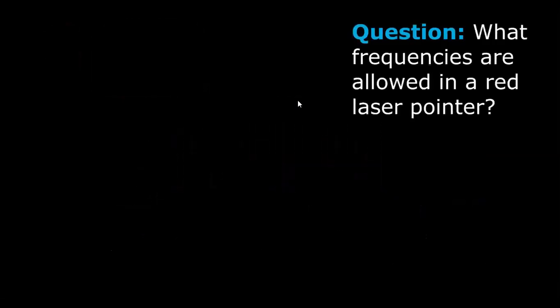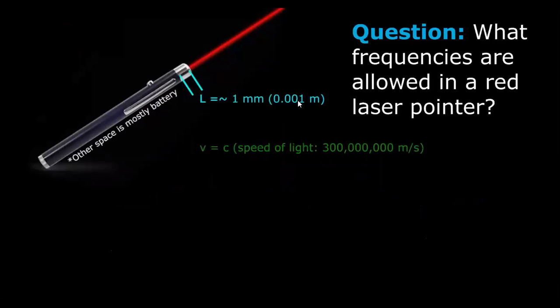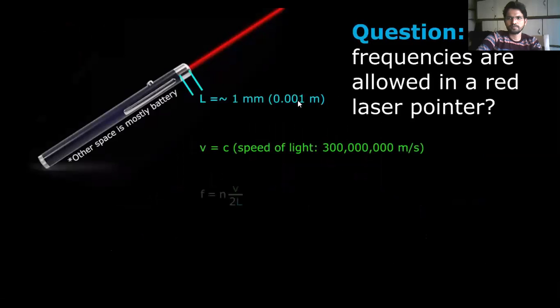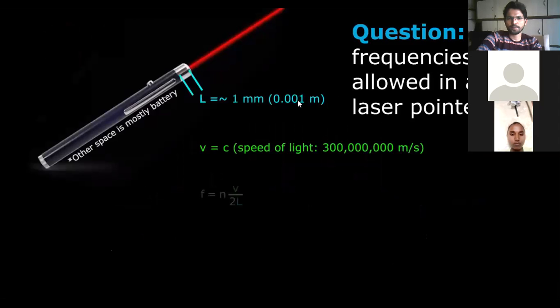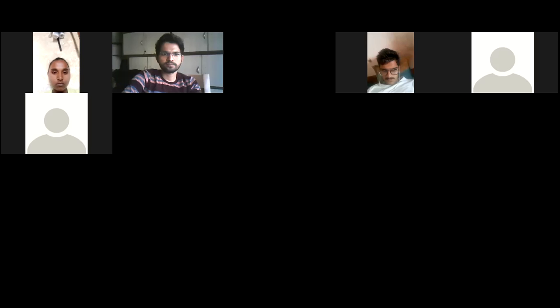Question: what frequencies are allowed to exist in a red laser pointer's cavity? Answer: a cheap red laser pointer has a cavity length of about 1 millimeter, and the speed of light is c, 300 million meters per second. Plugging in these values to our equation, we would get a difference between allowed frequencies of about 150 gigahertz. Now, red light has a frequency of about 400.05 terahertz, which